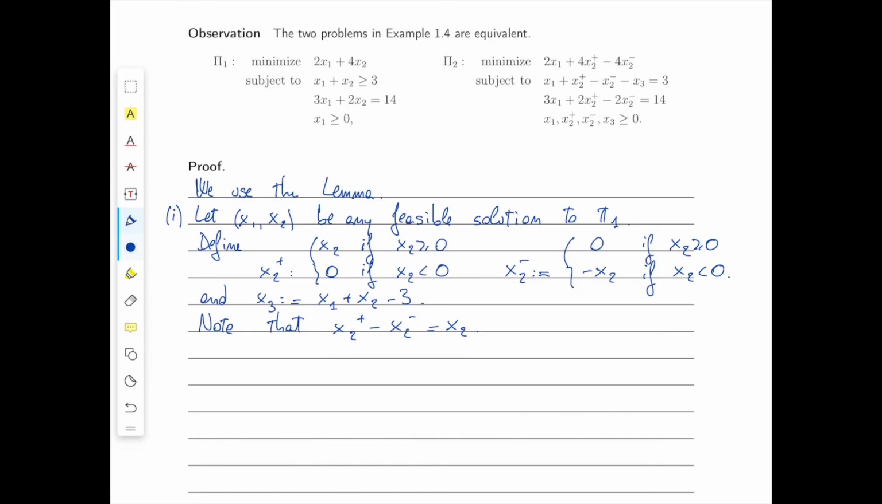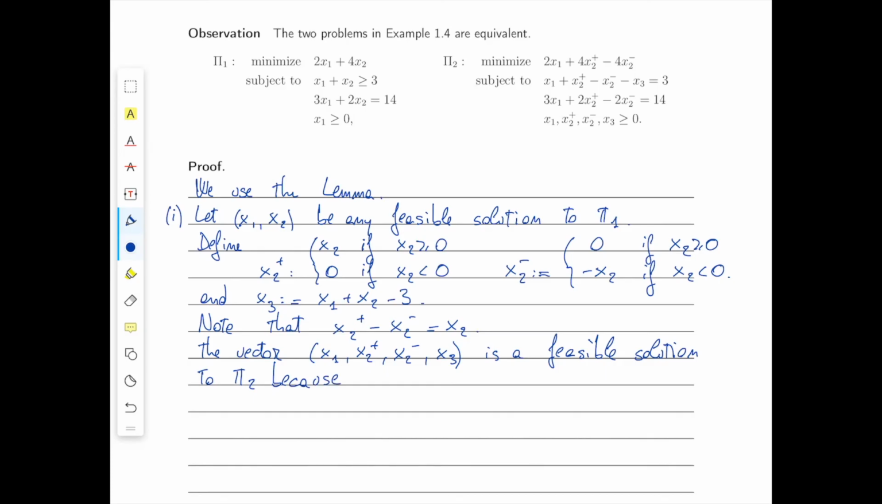Now we have to check two things: that the obtained vector is feasible to pi2 and that the cost is less than or equal to the one of the original solution. So let's start with feasibility. The vector x1, x2 plus, x2 minus and x3 is a feasible solution to pi2 because,